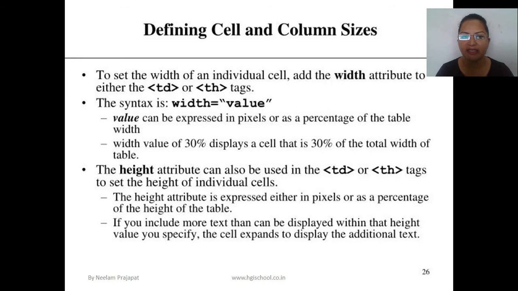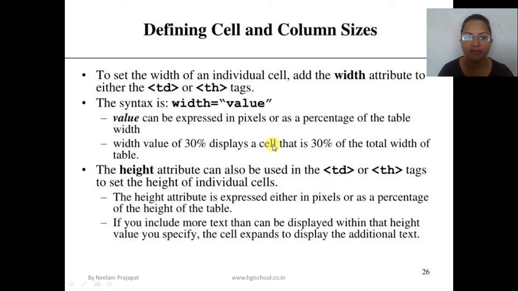So in the TD and TH tag we have to mention the width if we have to increase or decrease the size of the column. Width in TD equals 10, 20, 30, 50, 70, 100, etc., or TH equals 100, 150, etc. A width value of 30% displays a cell that is 30% of the total width of the table.